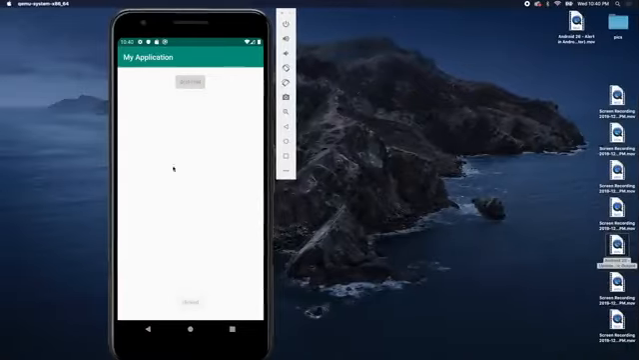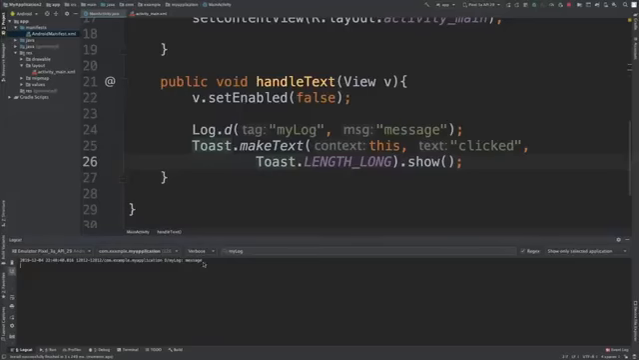So we click the button. It pops up down here saying clicked, and it fades away. And then over here on our log, we have this message, which is this string right here. So other than that, I think we've covered most of pretty much everything, except we did it all in one